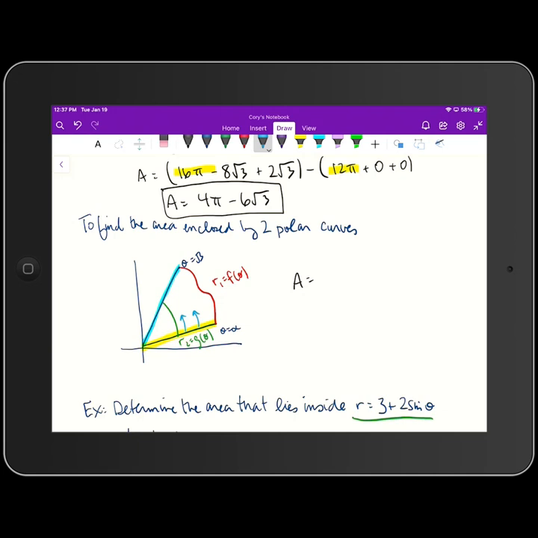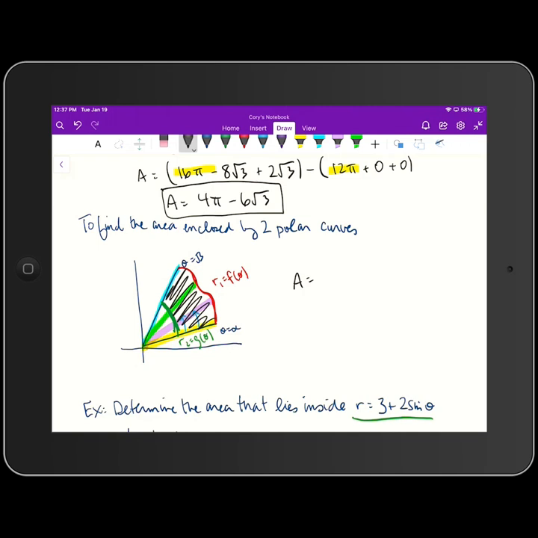When we look at all of the radii in between, if I take this radius in between, this purple one here, or this green one here, you see how those two radii are going to hit both of those curves? It hits this green curve here, the smaller curve, and it also hits this polar curve in red, which is the bigger curve. So if we're trying to calculate the area enclosed by the two polar curves, very simply,